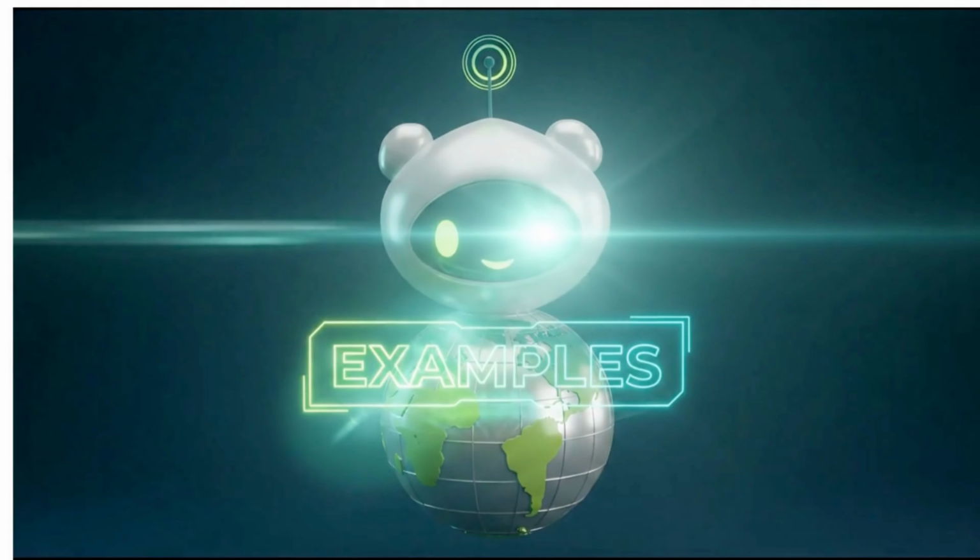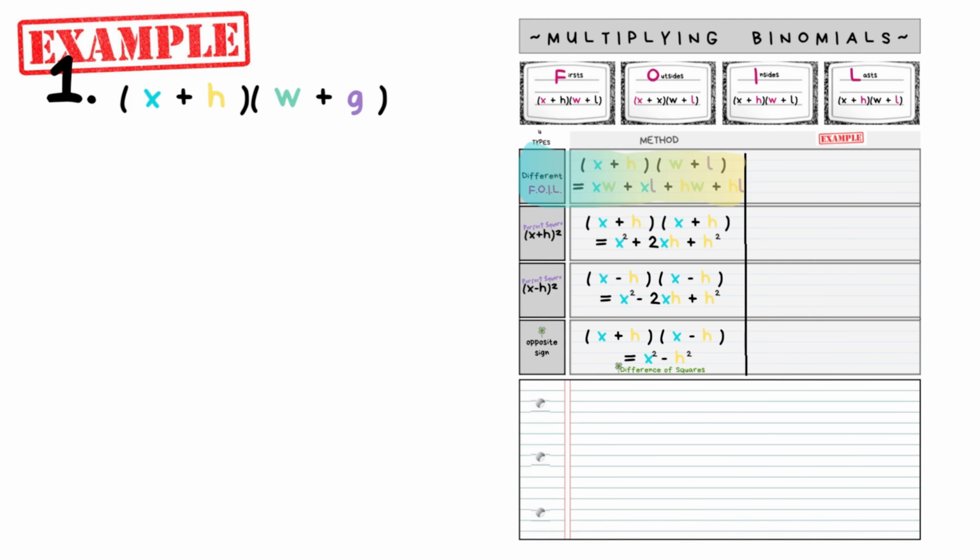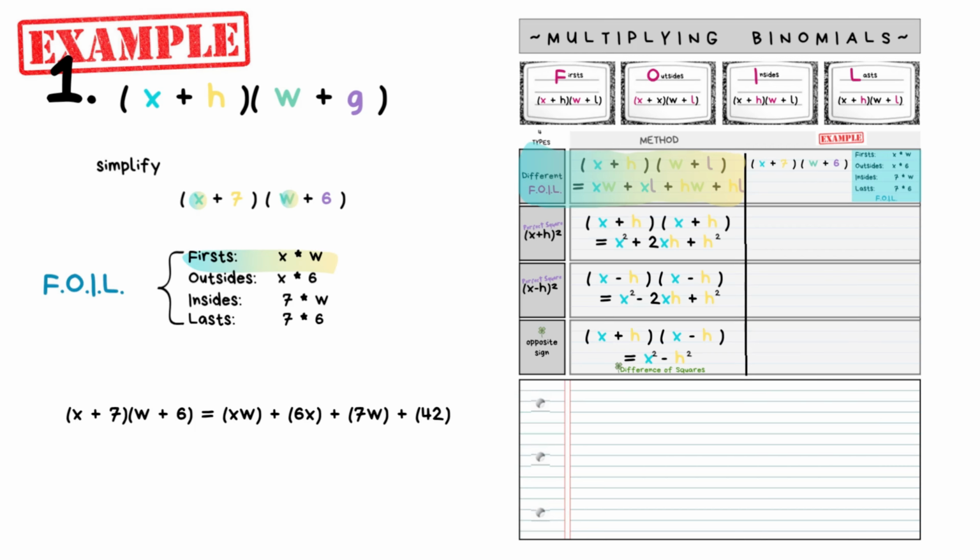Let's look at some examples. Multiplying two different binomials, x plus 7 times w plus 6. For this situation, there is no special case. We must simply do what always works. FOIL: firsts, x times w; outsides, x times 6; insides, 7 times w; and lasts, 7 times 6, which is